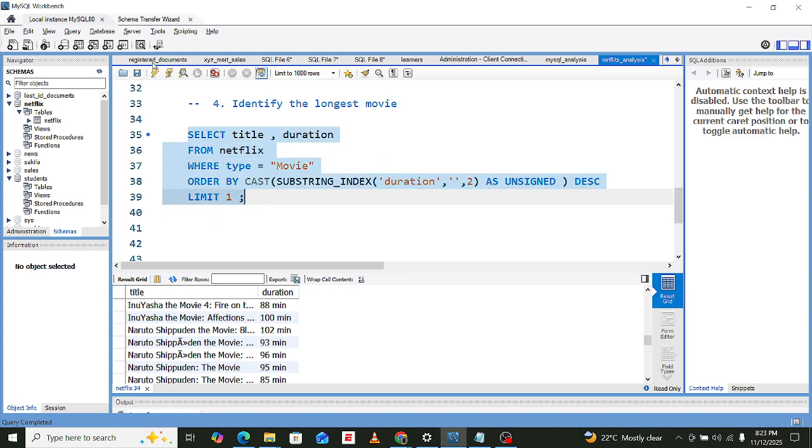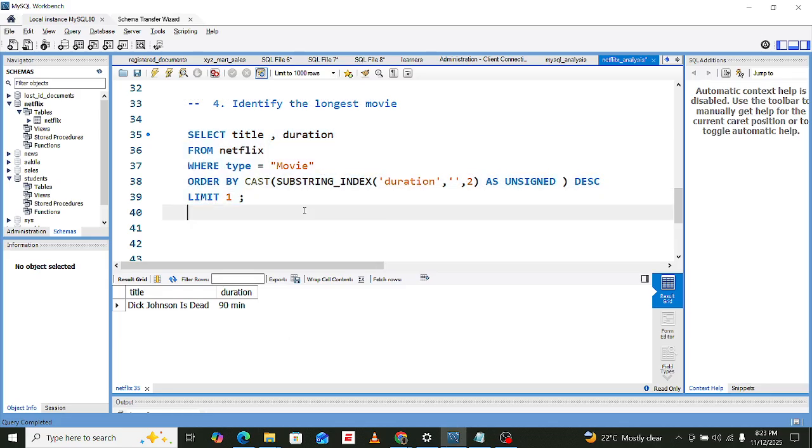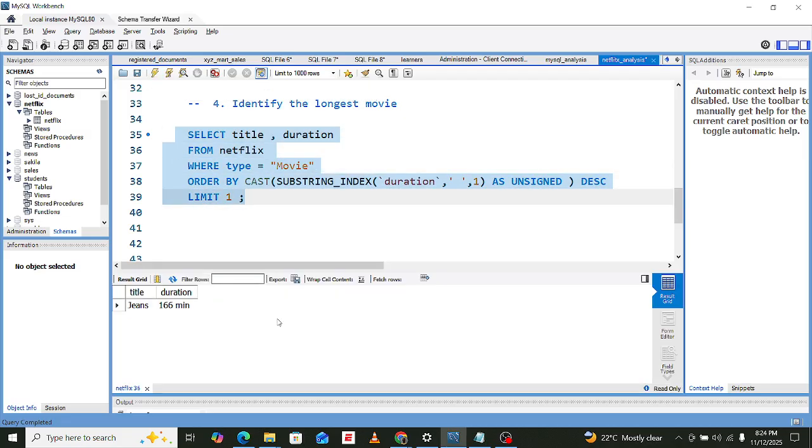I want to see if this is working. Yeah, I think it has worked.